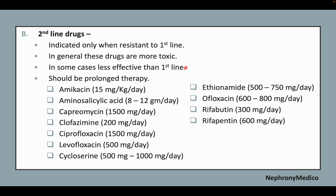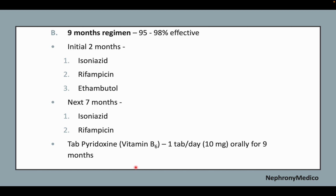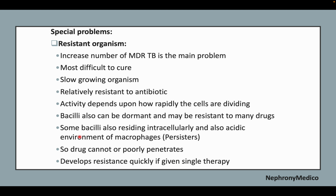less effective than first line. Now the recommended regimen is a 6-month regimen with 4 drugs, and for the next 4 months 2 drugs, and tablet pyridoxine should be added. A 9-month regimen includes 2 months of isoniazid, rifampicin, ethambutol, 3 drugs, and for 7 months 2 drugs and tablet pyridoxine. A 12-month regimen includes twice weekly streptomycin, isoniazid, and daily isoniazid and thiacetazone. DOTS may be given. Now, in case of the resistant organism,